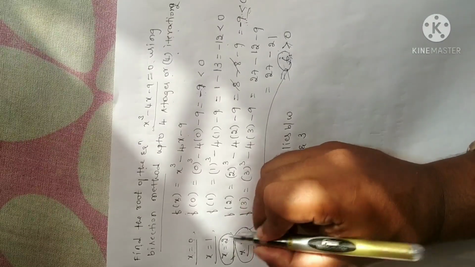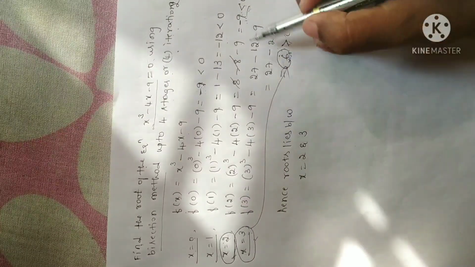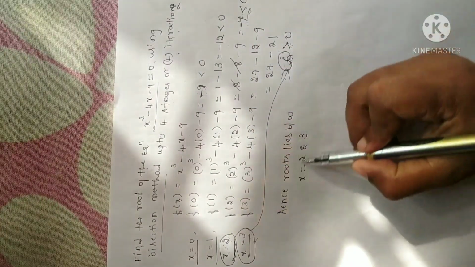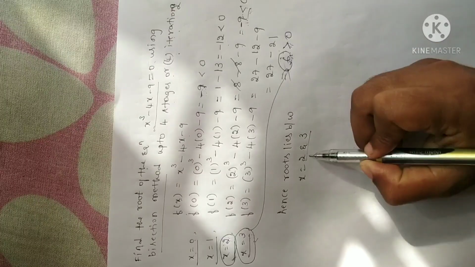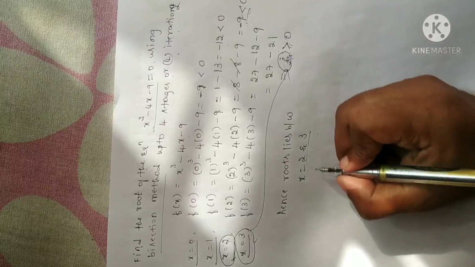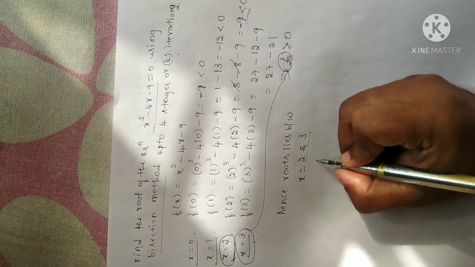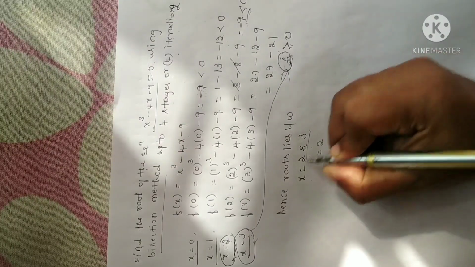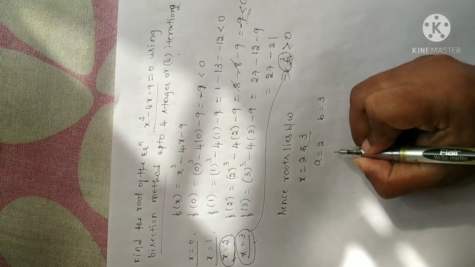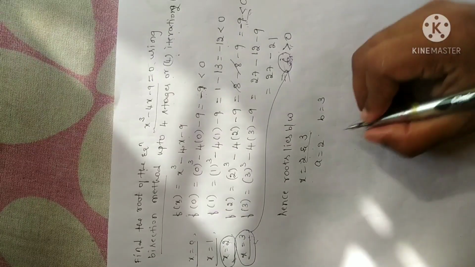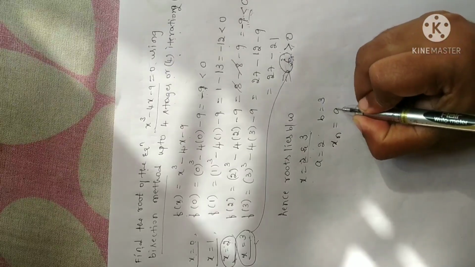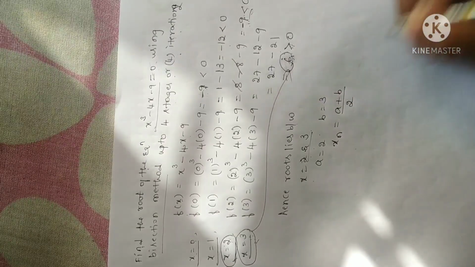You have to take these values but not these values. Remember, for the positive and negative value for which we have given x values, that will be our interval. So the roots lie between 2 and 3. As per the bisection method, I have to take the first value as a and the second value as b, which is 3. Now we have a formula to find the value of xn as per the bisection method, given by xn is equal to a plus b by 2.